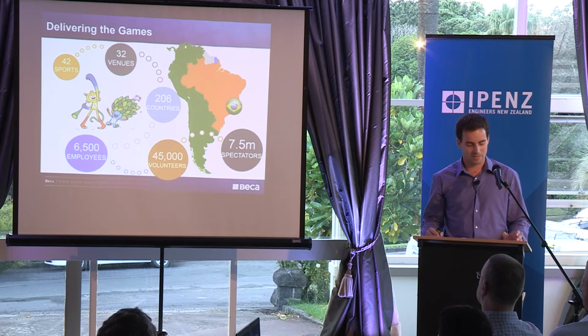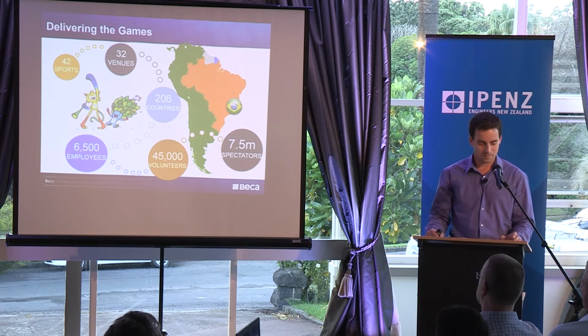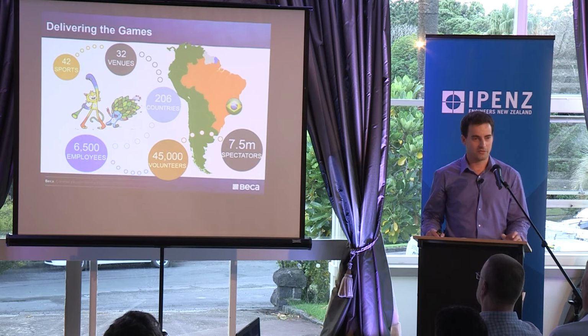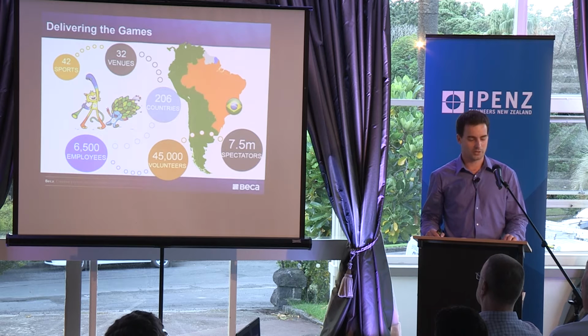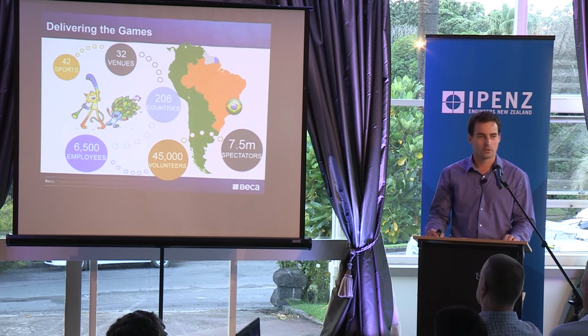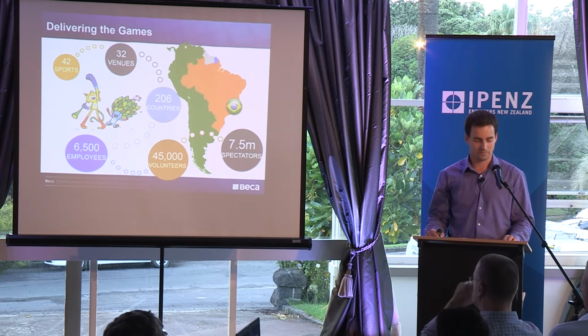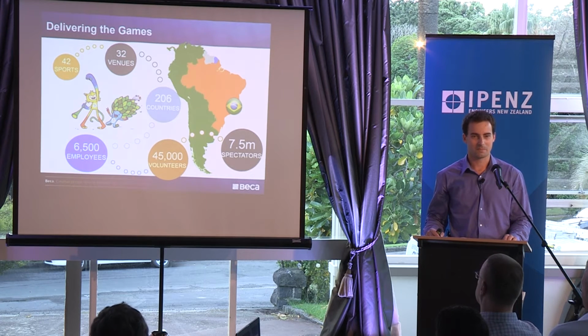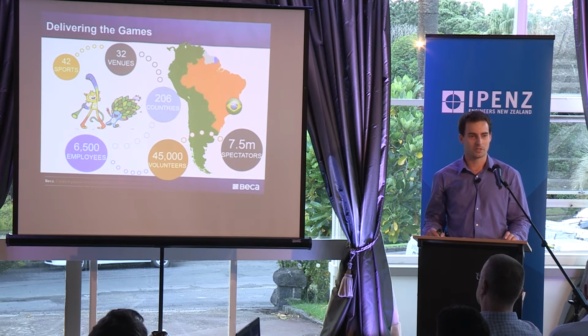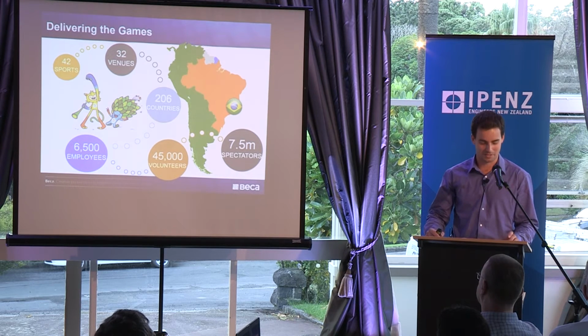Significantly, this is the first time an Olympics has been hosted in South America, and the world is watching. Across 16 days of competition for the Olympics and another 10 for the Paralympics, there will be 32 venues in operation and 42 Olympic sports. We're expecting around 10 to 12,000 athletes and a whopping 7.5 million spectators. Added on top of this is a global audience of 900 million viewers. It starts to add up. The world is definitely watching what we're doing.